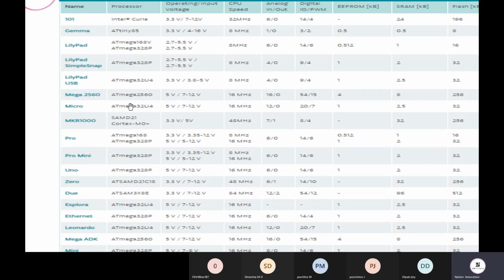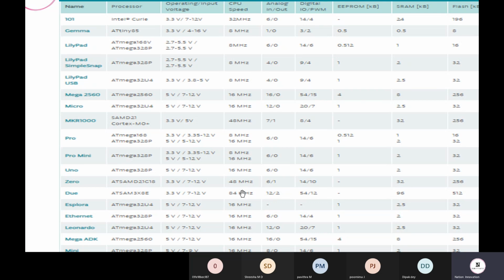All three of these boards have the same capabilities, the difference being the number of pins and the amount of memory, like the SRAM available on the board, the flash memory, and even the EEPROM, which can be in different sizes as well.